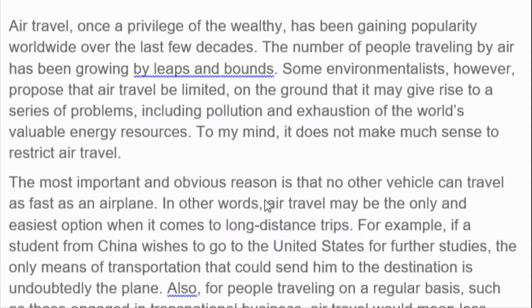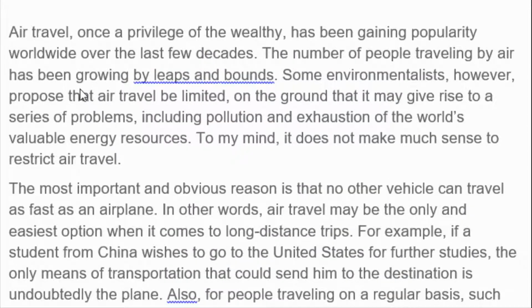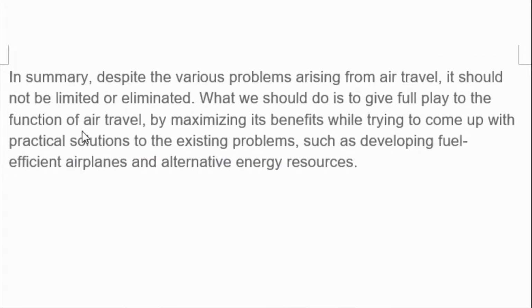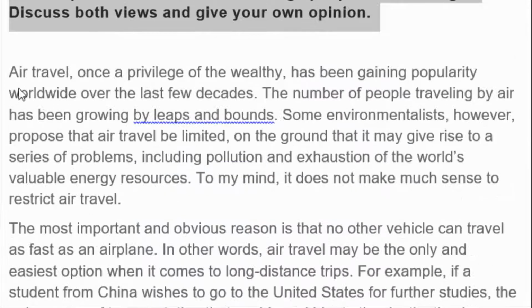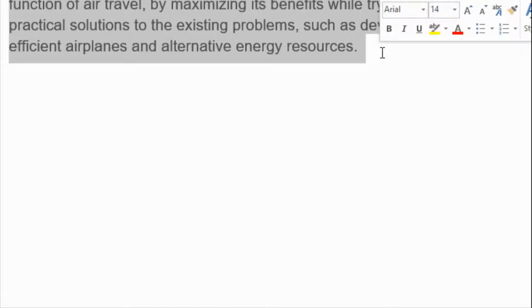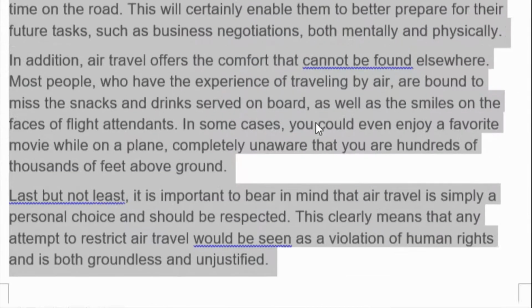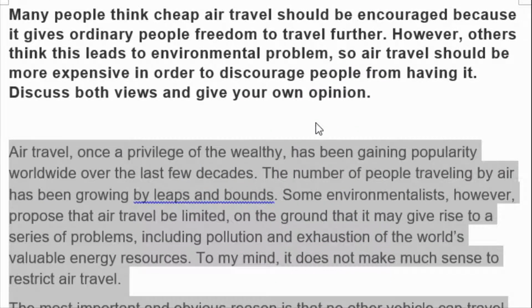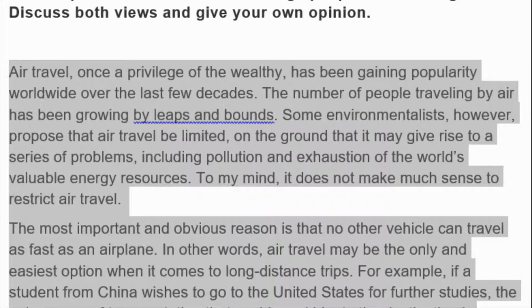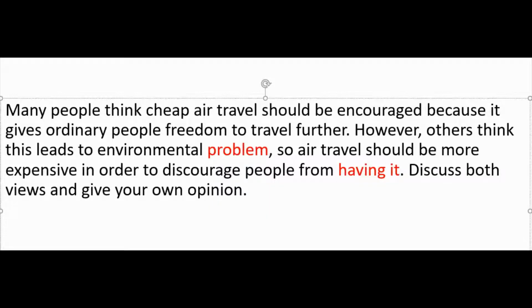Alright, so our answer, or our response rather, comes in 1, 2, 3, 4, 5 paragraphs. And if I do a word count, the word count comes to 365 words. So it's a pretty lengthy response, probably more than what most people can write in the 40 minutes they have. And I'll talk a little bit more about this in just a second. I just want to switch to another program.